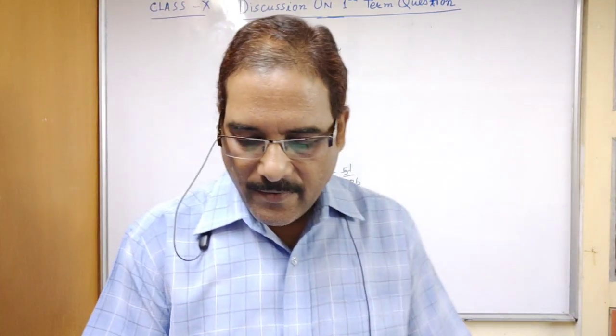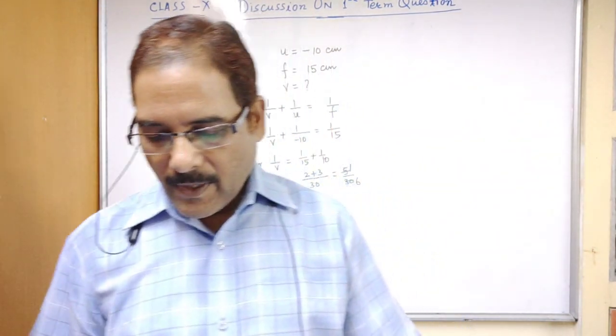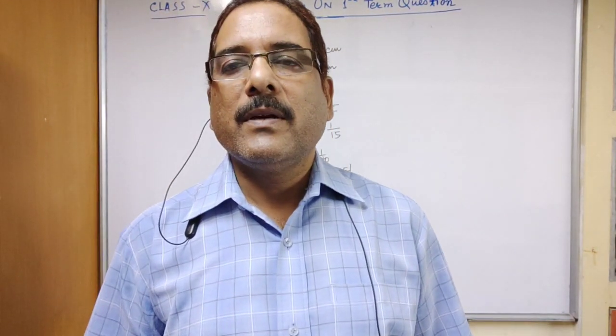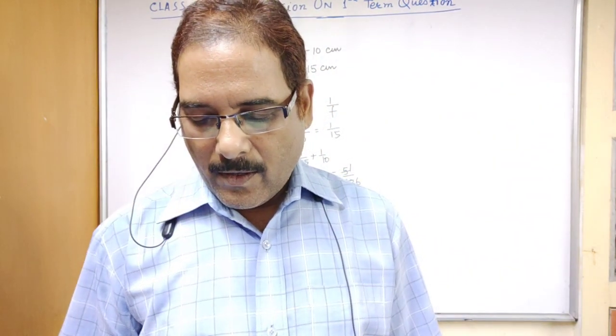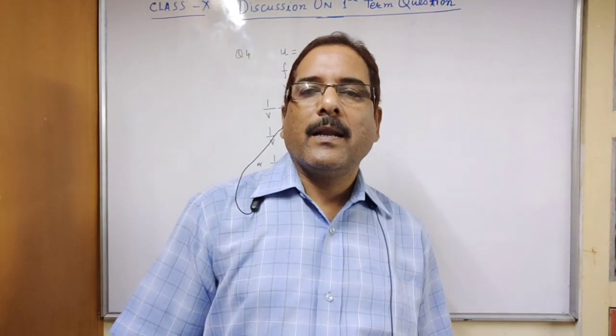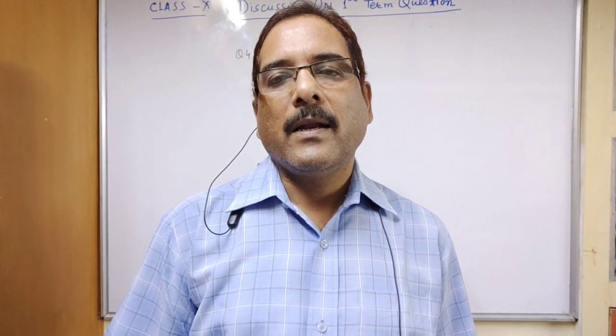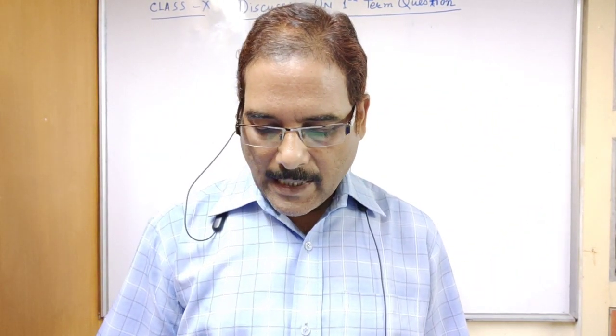Now question number 5. The visible light having lowest wavelength is violet color. In dispersion we have discussed these things, that when light passes through a prism, it splits up into 7 colors and we get a spectrum with VIBGYOR. So violet has the lowest wavelength and red light has the highest wavelength. So B option is correct.